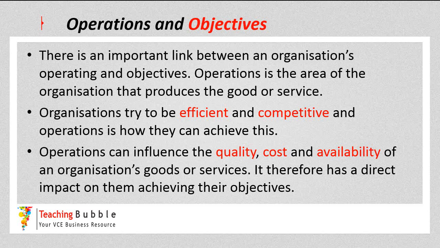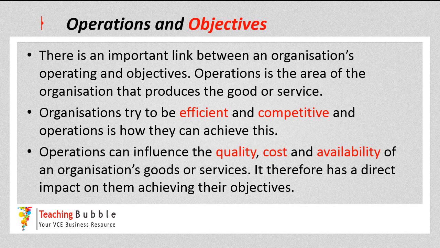The availability: if our machines break down or we don't have good relationships with our suppliers and we have no materials, therefore we can't produce our good or service. Therefore, that hurts the availability of our particular product. If you've ever been into a restaurant and they said, sorry, we've run out of the steak or whatever it is that you've ordered, then that's what that means in terms of there's no availability of that particular product. Operations could improve that by ordering more materials, for example. So everything involved in operations can influence the quality, the cost and the availability of an organisation's goods or services,